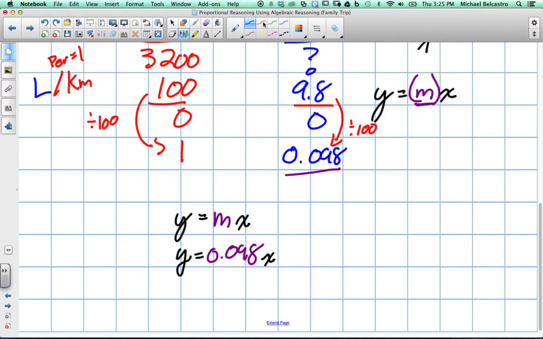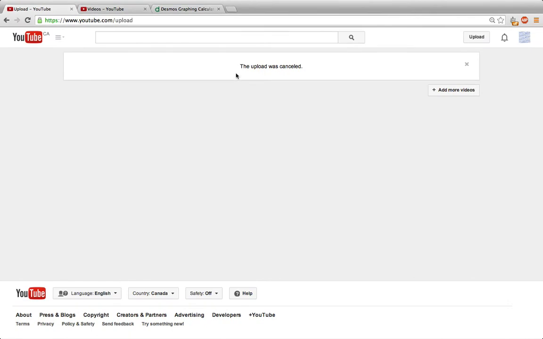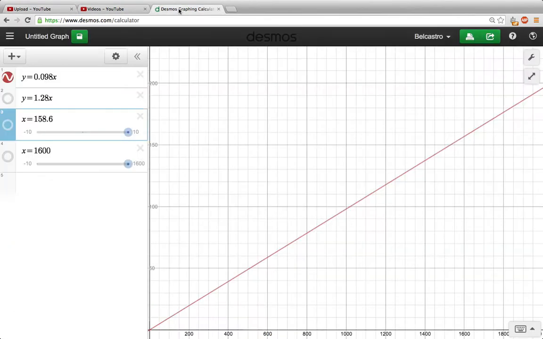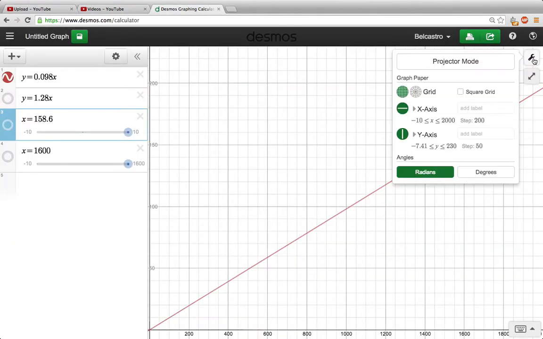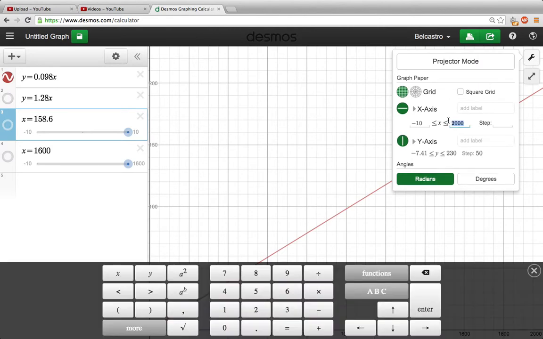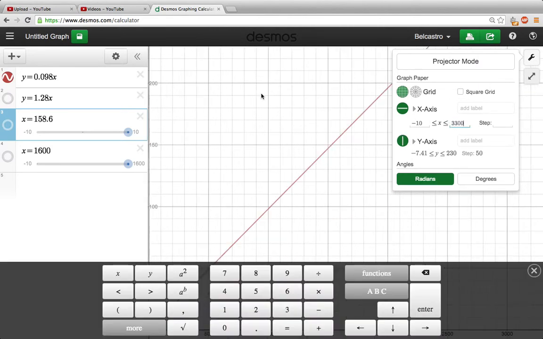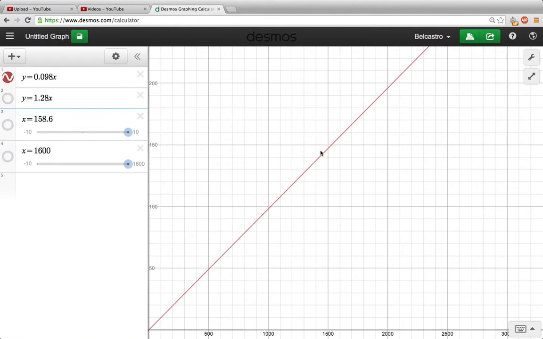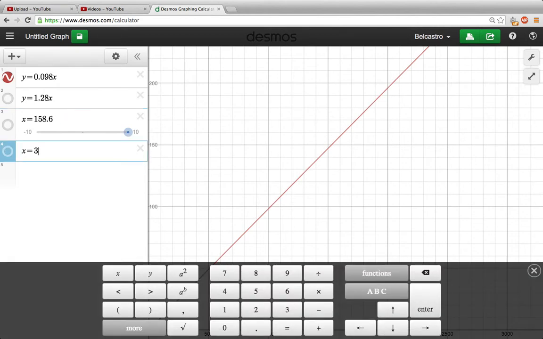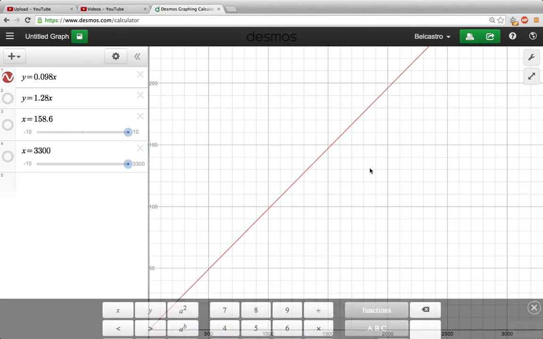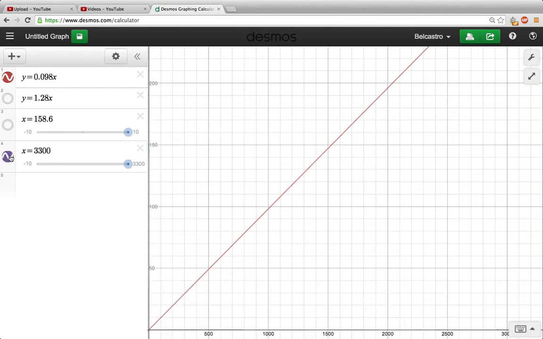And remember, x is our kilometers. Remember our x value is actually equal to 3,200 kilometers, this family uses there and back. So here we are, and I'm actually going to have to extend the screen just a little. What we have here is our line, and I need to get to 3,200. So I'm going to say x equals 3,200, and that's going to give me a vertical line